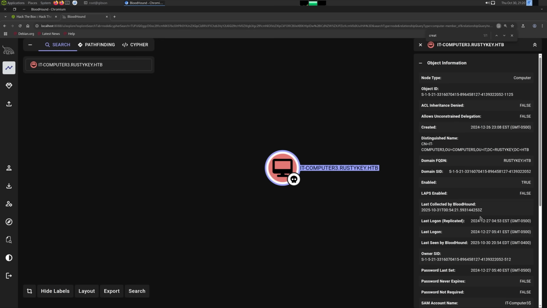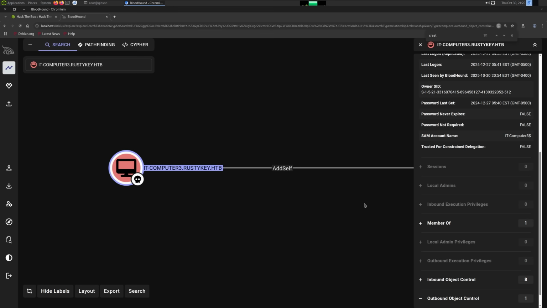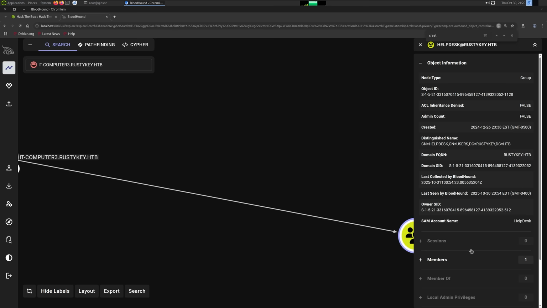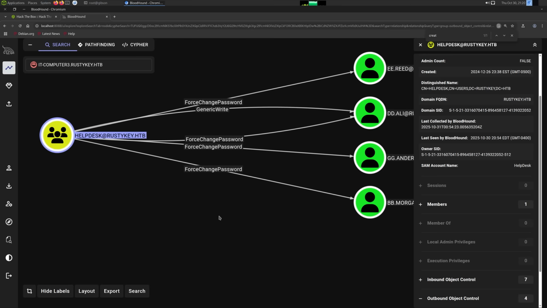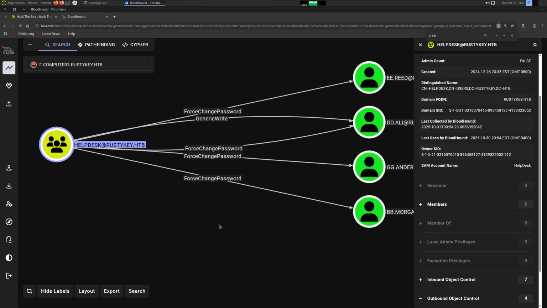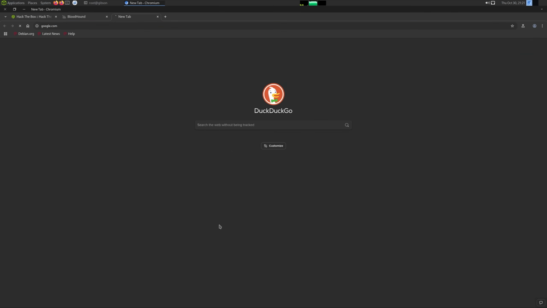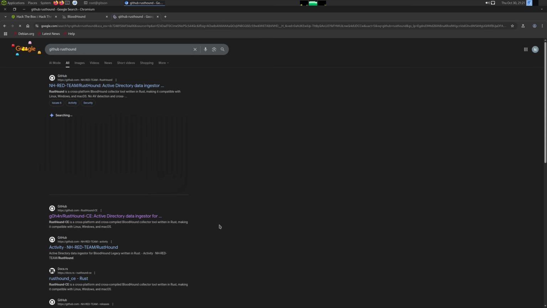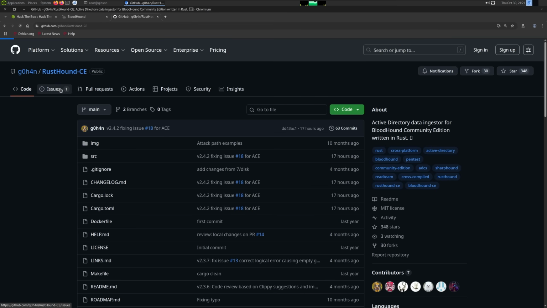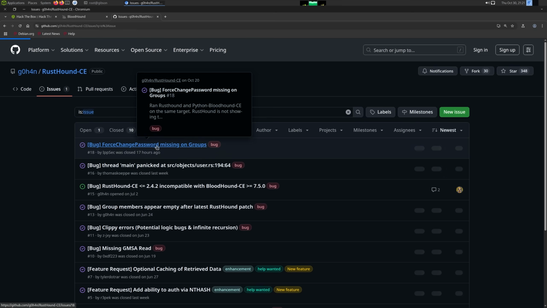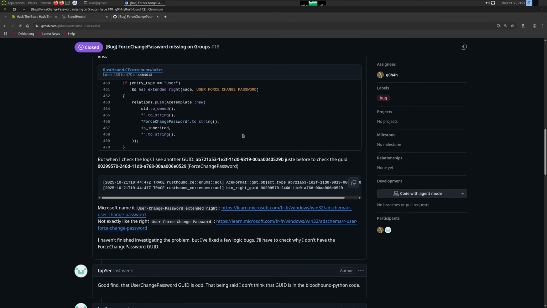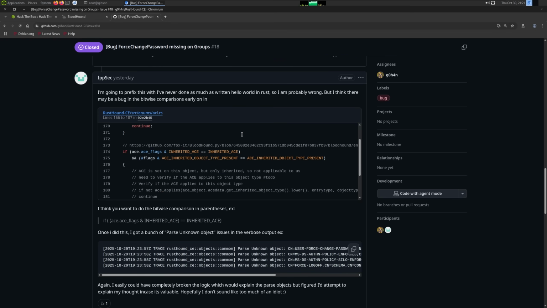So this had add self over to the help desk. And then help desk had a lot of edges. And I do want to call something out here. If you ran Rusthound pretty much just before today or yesterday, it would not find these edges. There was actually a bug in Rusthound that me and 0xdf had fixed. So if we went to Google, let's go GitHub Rusthound, go here, go to the issues. Let's go and also look at closed issues. You can look at everything here of what went on, but a lot of changes went into Rusthound very recently